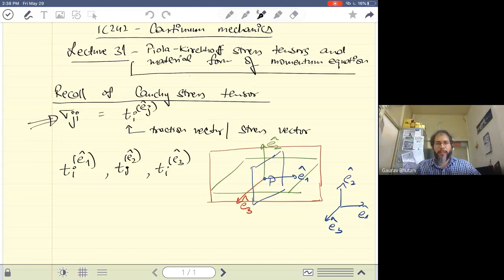Right. So what we basically see is that the elements of sigma are nothing but the traction vectors. Now, why did we have this sigma? The information about the traction vectors on three mutually perpendicular planes in the coordinate directions helps us find the traction vector on any arbitrary cutting plane passing through P. For that, we had the relation that the traction vector for any arbitrary cutting plane, which has a direction that's in the direction of n hat, can be written as